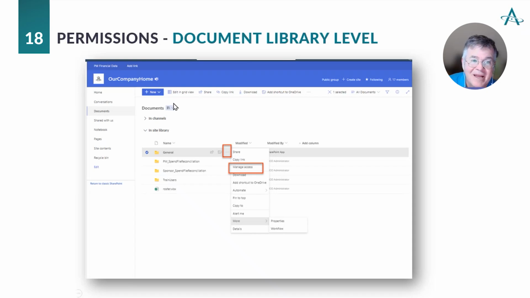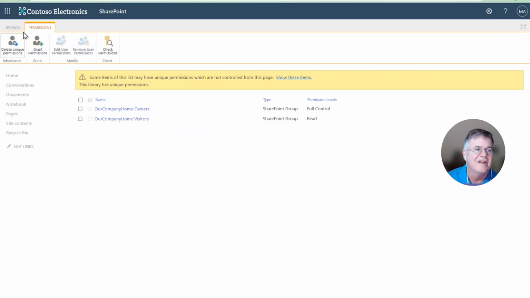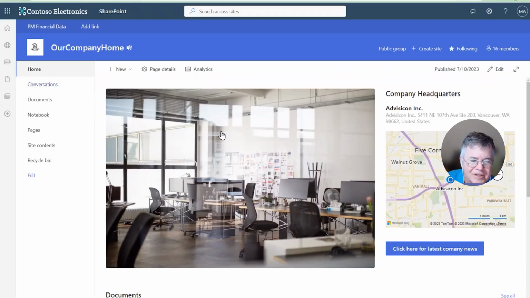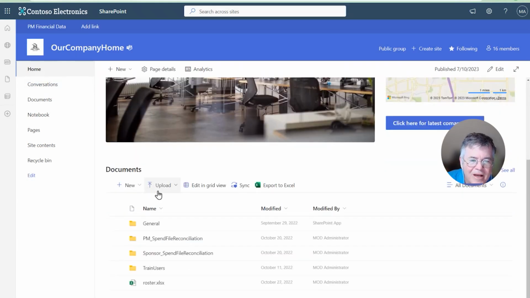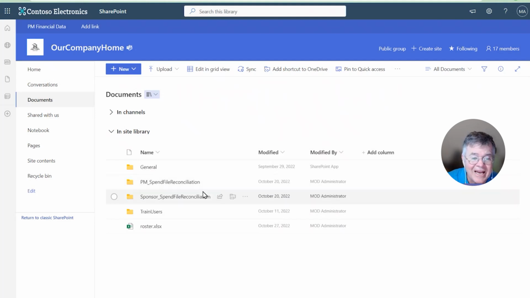So, document library level we talked about, and now we're going to talk about access at the file level. If I'm in my document library, I can choose the three dots and choose Manage Access. That's where I would start this. Let me pull over my browser again and exit back out of here. And here we are back at our site. Here's my document library. I'm going to click on See All because to me that gives you more power in the document library. And let's say this particular directory, Train Users,